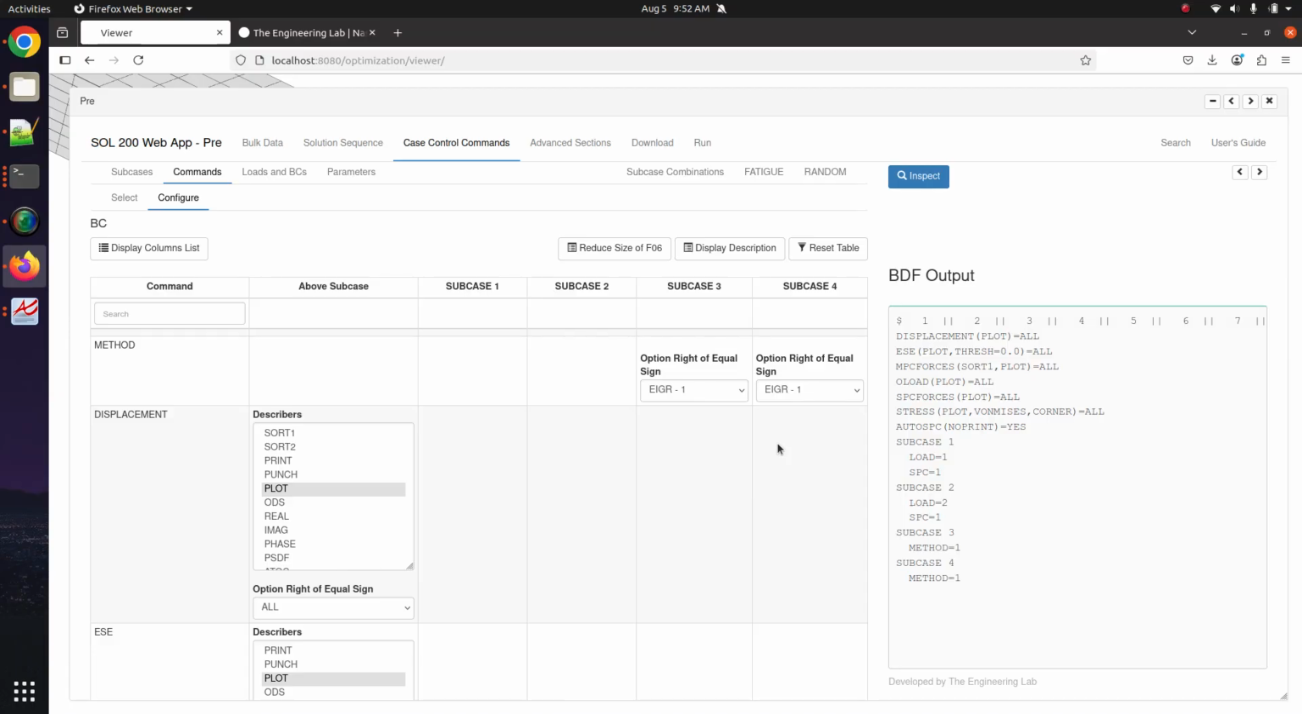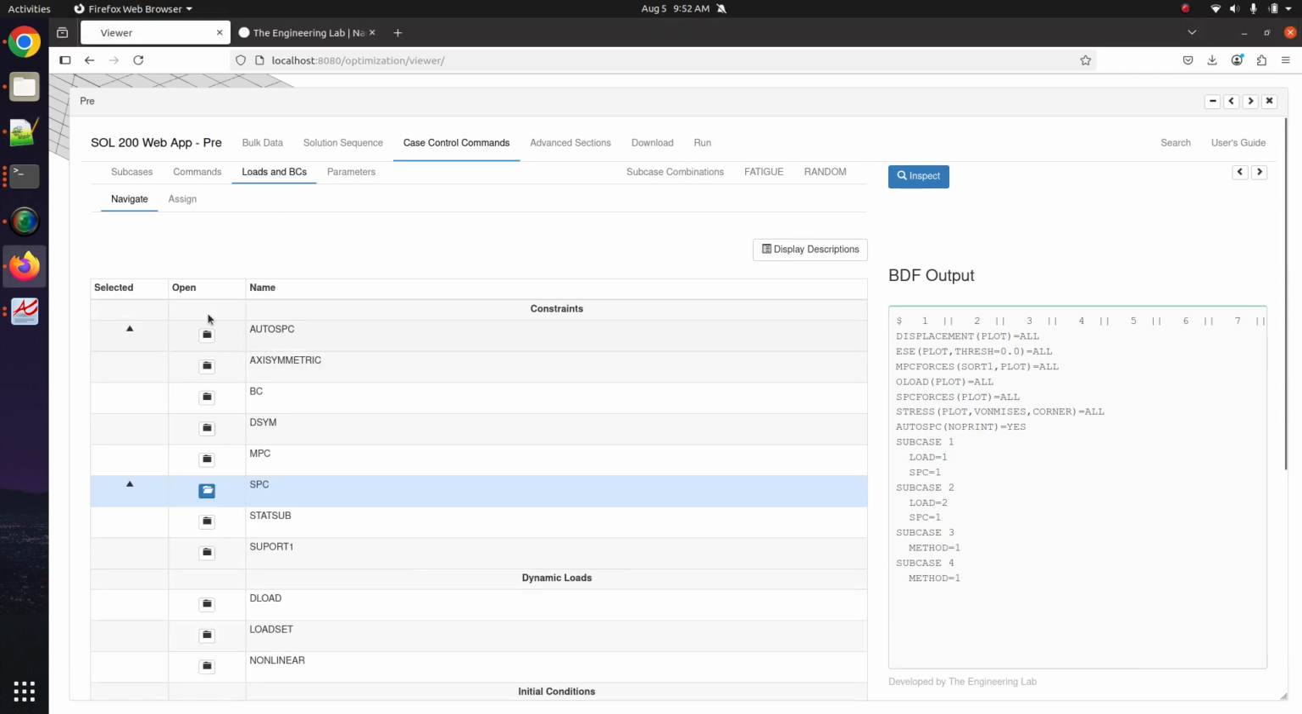We need to know the method for extracting the eigenvalues or the buckling load factors. We configure the eigenvalue entry to extract 10 eigenvalues. Here we're saying use that entry, eigenvalue entry 1. Okay, now what is there left to do? Let's go ahead and select the constraints for those